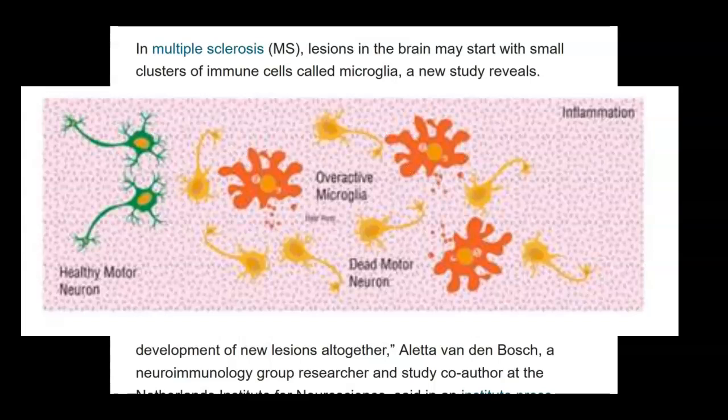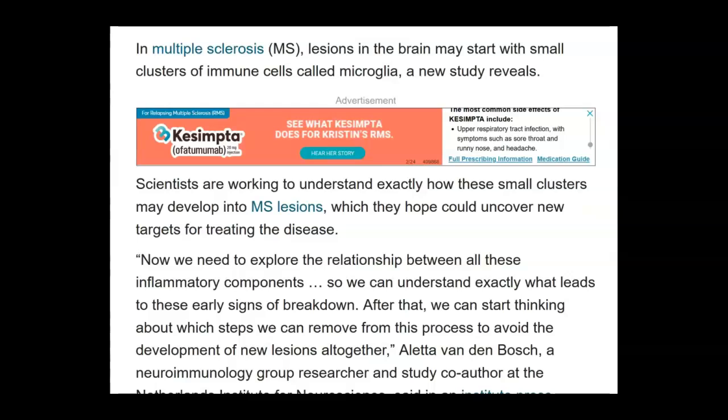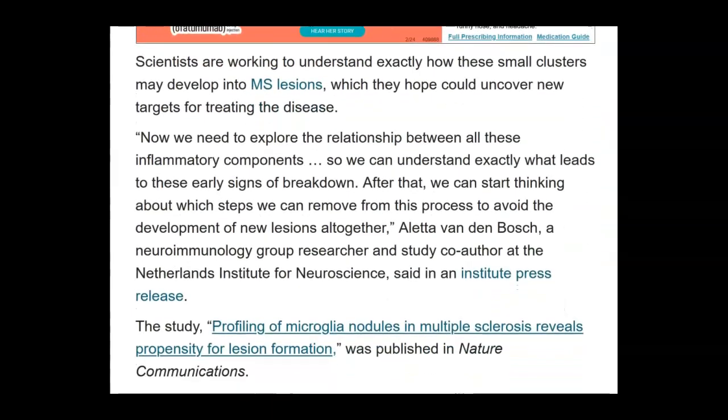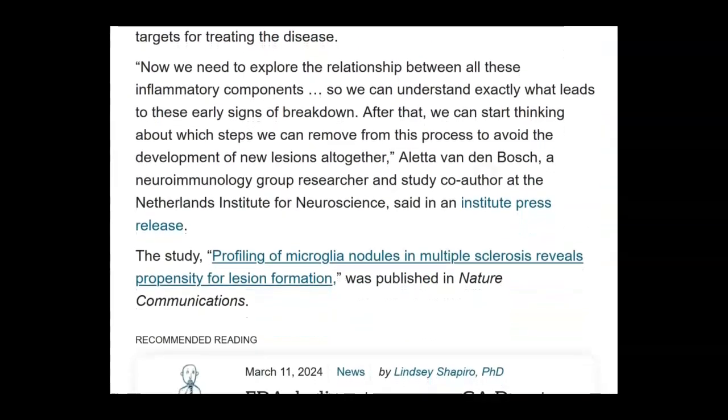And here's what an artist thinks that looks like. The microglia are in orange. They look kind of menacing, don't they? Scientists are working to understand exactly how these small clusters may develop into MS lesions, which they hope could uncover new targets for treating the disease. "Now we need to explore the relationship between all these inflammatory components, so we can understand exactly what leads to these early signs of breakdown. After that, we can start thinking about which steps we can remove from this process to avoid the development of new lesions altogether,"